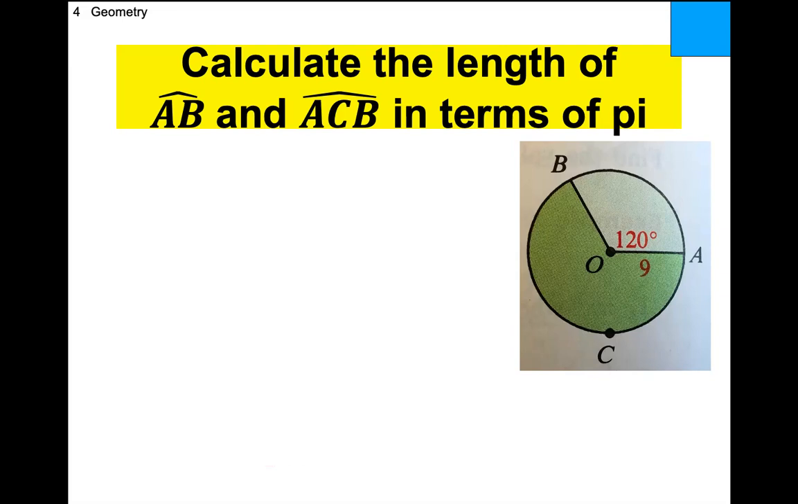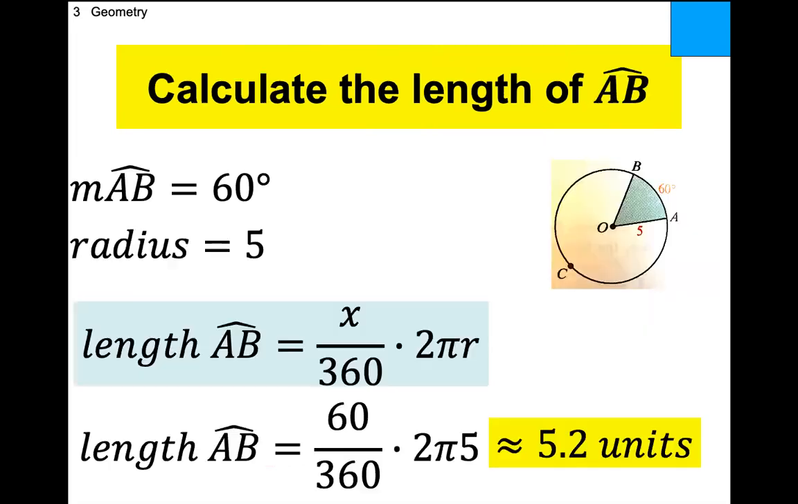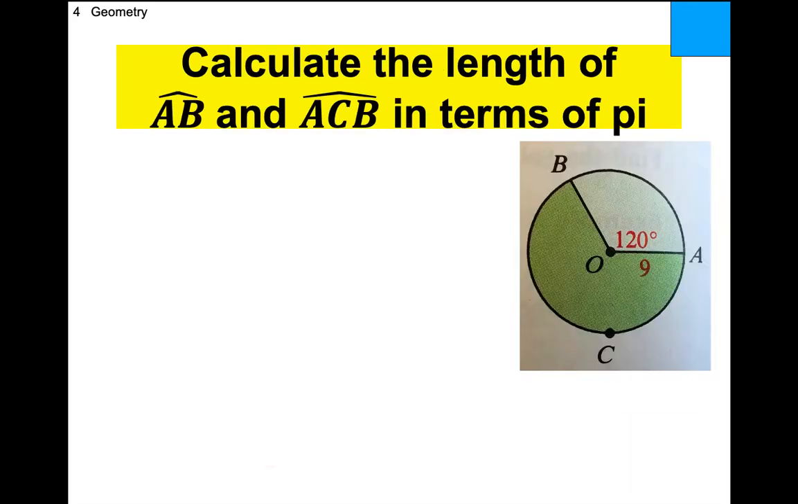Notice this time they didn't give me an arc measure. What did they give me? A central angle. Previously, notice where the 60 was. Now they give me a central angle. But remember, central angle and arc measure are the same thing. So the arc measure is 120 degrees and the radius is